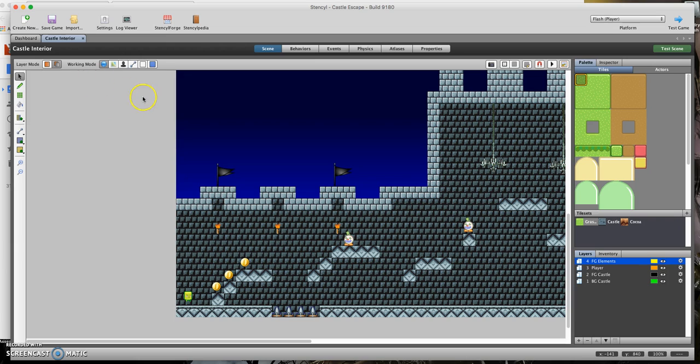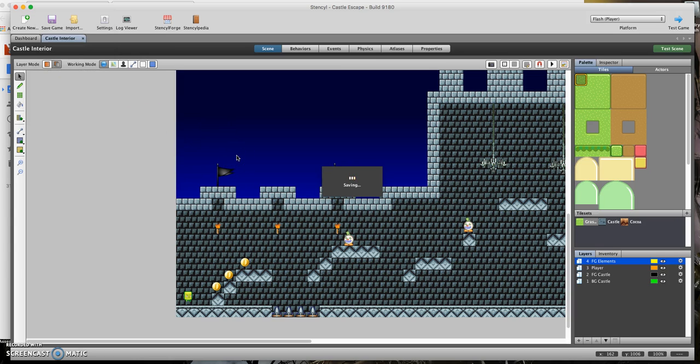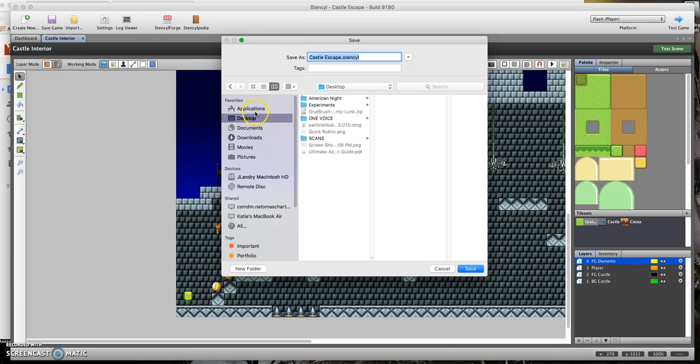So the way you get your game out of Stencyl so you can share it is you're going to come up here to the File menu. You're going to choose Export Game because you want to get it out of Stencyl. Okay, and now I'm going to go ahead and put it on my desktop so you can see desktop. You can see the name here, which you can change if you want, but I don't recommend it. And yours should say .stencyl at the end of the file. If it doesn't say .stencyl,